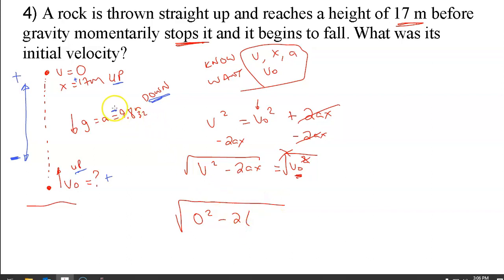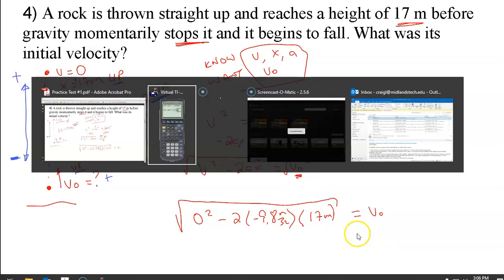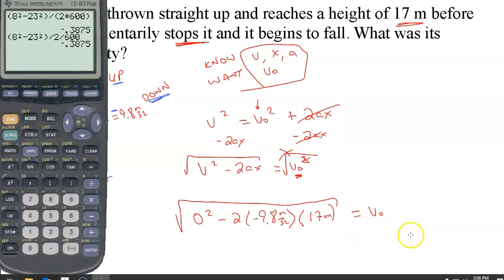I need to put in negative 9.8 right here. The displacement was positive 17 meters. And that's purporting to be our v0 right there. So I'm going to hit square root, second squared, times... There we go. I've got a negative 2, I'm ignoring the 0, times negative 9.8 times 17, and that would be 18.3